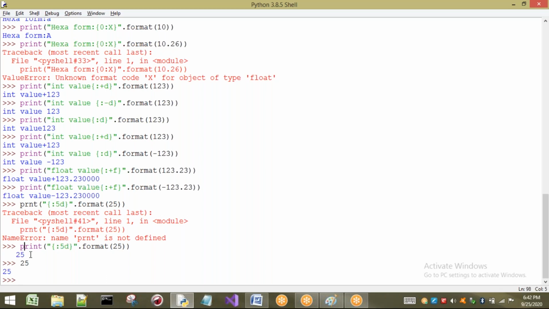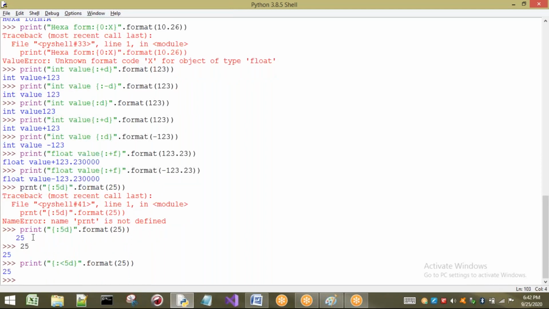Right now, I want to align this with left alignment. Left alignment means we have to use this symbol. Now see what happens. By default it is right alignment. If I ask for left alignment, it will take the number and the total width will be 5.